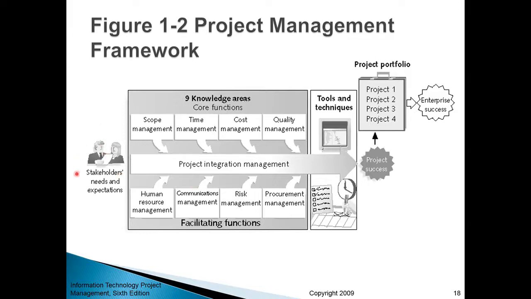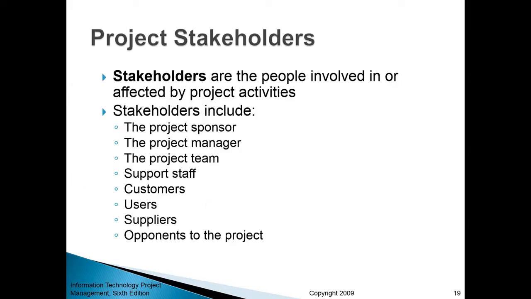Now, the first area is stakeholders' needs and expectations. Who is a stakeholder? Well, stakeholders are people somehow involved or affected by project activities. So stakeholders of a particular project may include the project sponsor. Typically, it's a senior executive who is responsible for approving a particular project, allocating funds and other resources to this project. The project manager is also an important stakeholder, the project team members, support staff, let's say somebody who works at the warehouse or somebody who is an administrative assistant to a particular stakeholder that is somehow involved with the project. Customers, meaning,